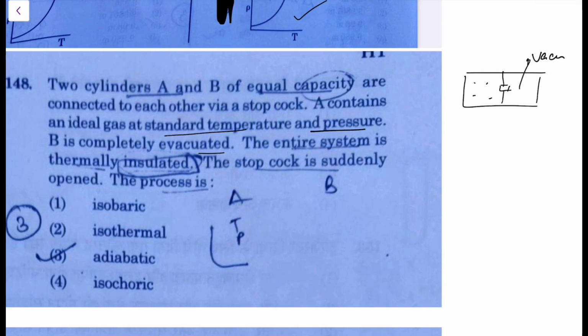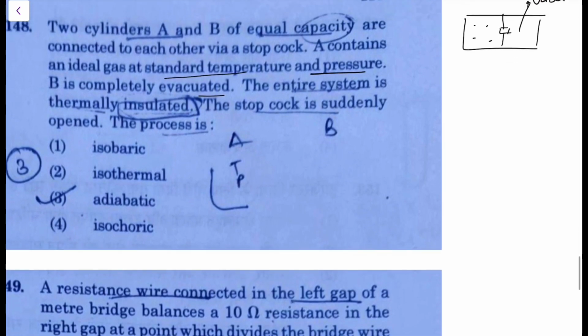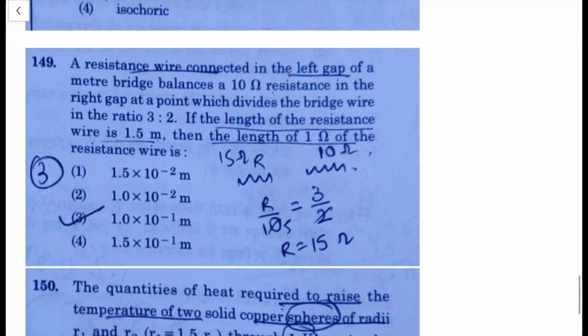We know such a process is a free expansion, and as per the options, I think it would be tough to call it anything but adiabatic for sure. We won't say it is isothermal: the temperature finally will be the same as initial, but it won't be called isothermal, because in between it will pass through some non-equilibrium states for which you cannot have a fixed temperature for a complete sample. So adiabatic would be the right one.